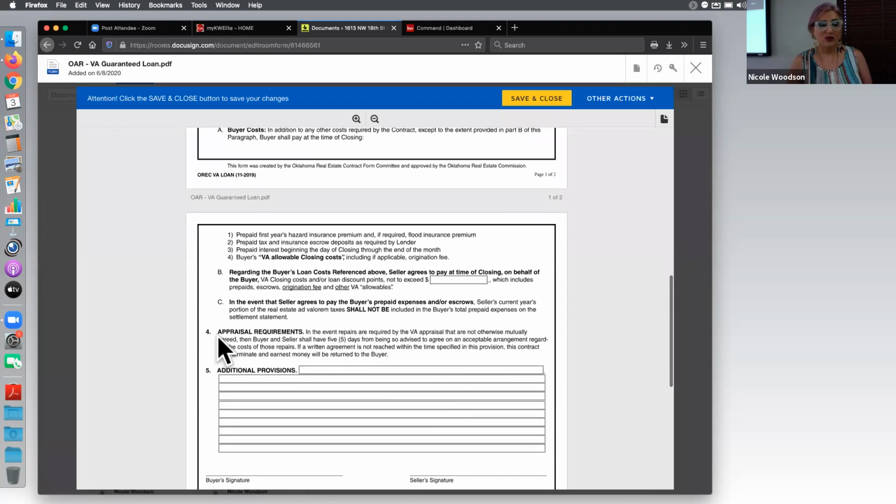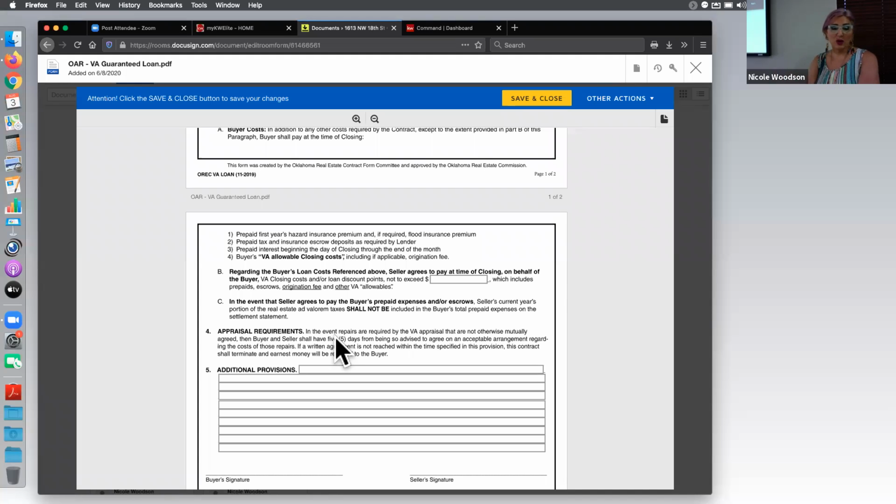So in section 4, in the event repairs are required by the VA appraisal that are not otherwise mutually agreed, then the buyer shall have 5 days from being advised to agree to an acceptable arrangement regarding the cost of those repairs. If a written agreement is not reached within that time period, then this contract terminates and the earnest money goes